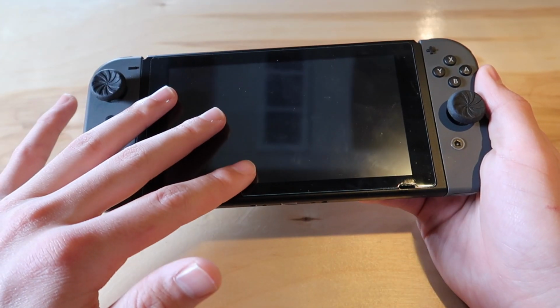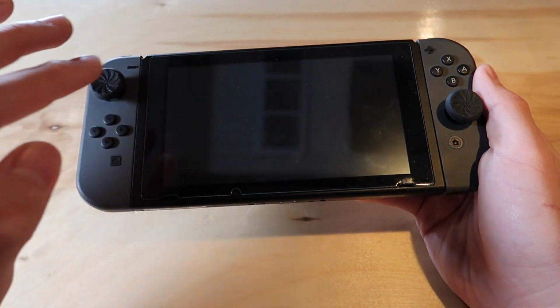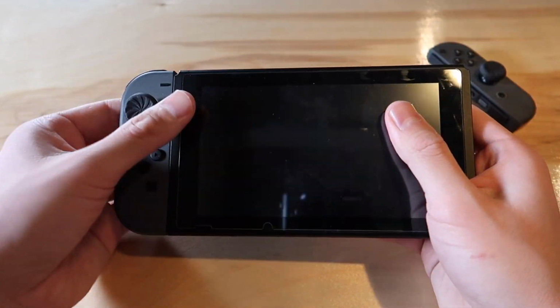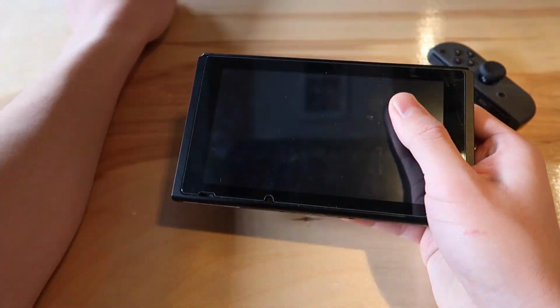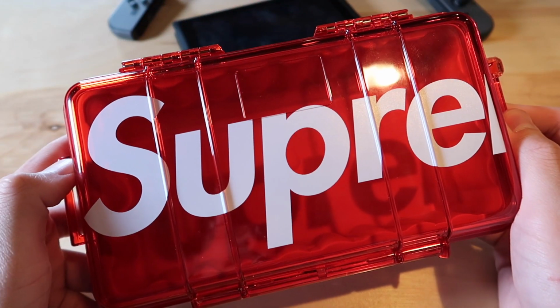So now you want to get your Nintendo Switch, and unfortunately the Pelican case is not big enough for you to fit this entire thing with the Joy-Cons attached. So you'll have to remove those. So that's what I'll do before I get into it. So I'm gonna do that right now. So I'll just put those to the side, and then next you want to get your Supreme Pelican case, and